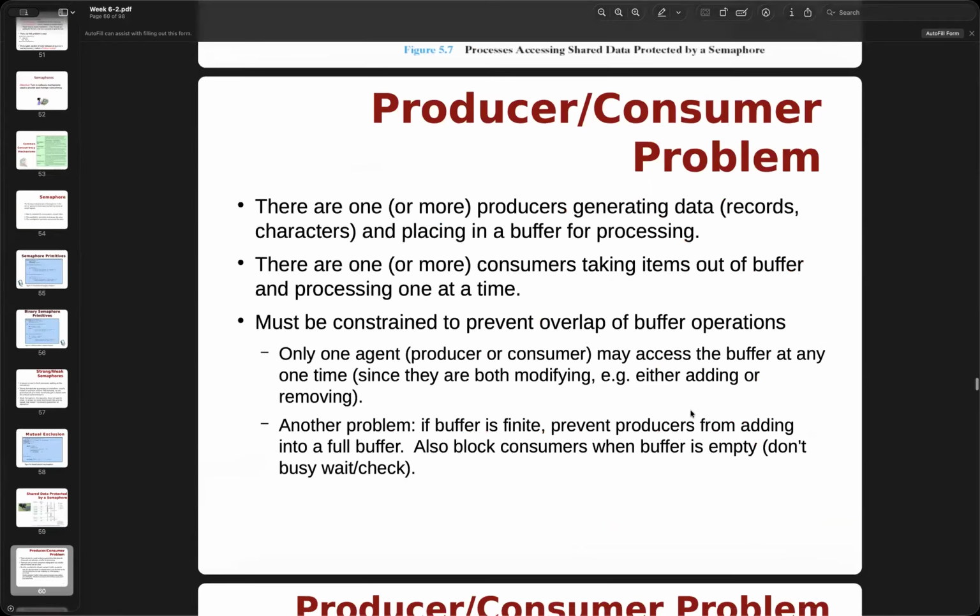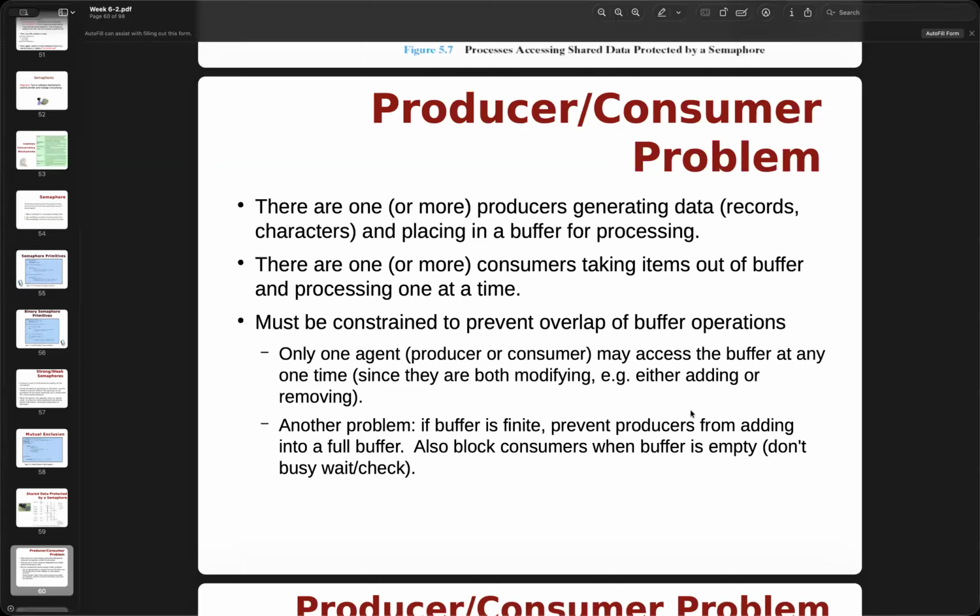Later I will give you a practical exercise about the producer and consumer problem, so you can study it and learn about it. There may be one or more producers generating data, whether records or characters, and placing it in a buffer for processing.